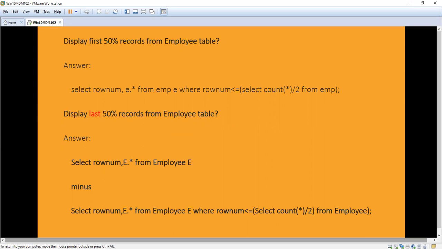If somebody asks you to display the first 50% of the records from the employee table, what will you do? This is a simple one.